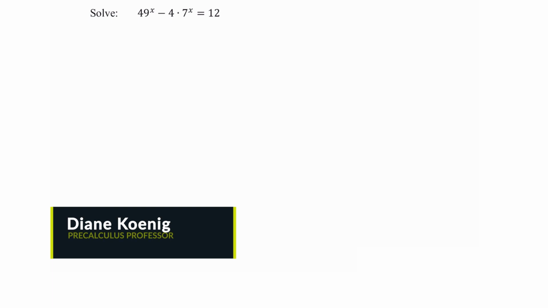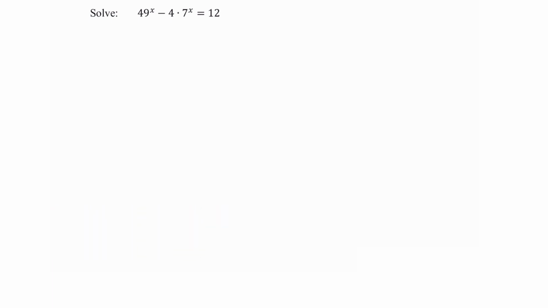I'm so glad you joined me in looking at how to solve an exponential equation where I not only have two terms with the exponential expressions, but I also have a constant term. So when we look at this particular equation, I see how I have an exponential expression in the first term on the left-hand side, also in the second term on the left-hand side, but then I have a constant term on the right-hand side. So the previous videos that we looked at would not have methods that would help me